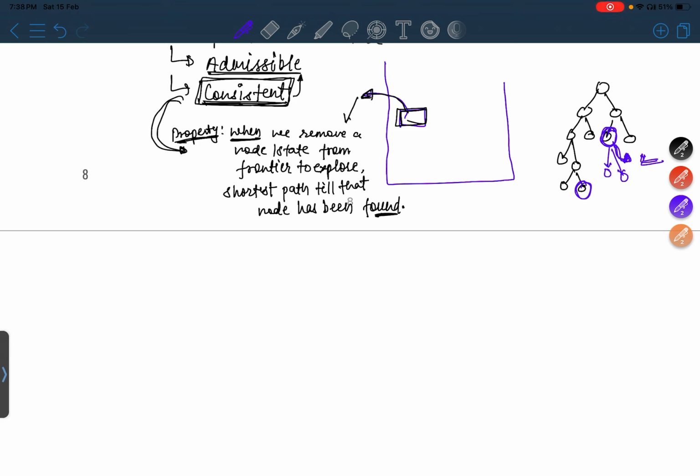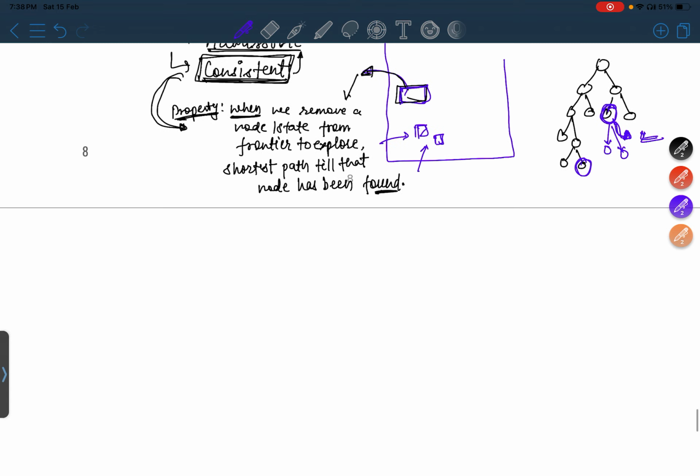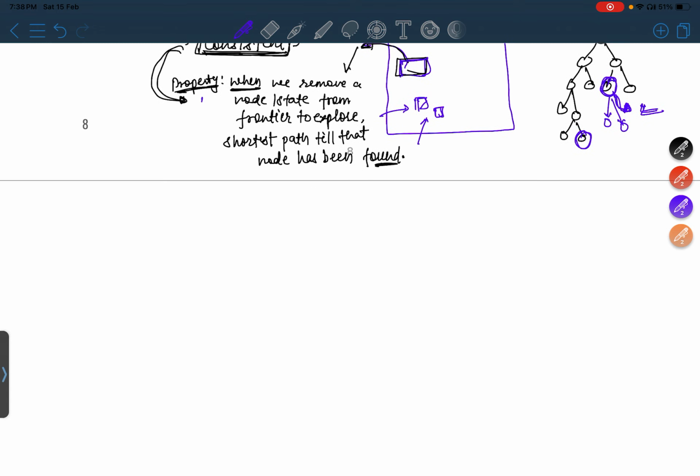तो जब भी कोई नोड निकलता है और उसके सक्सेसर्स ऐड होते हैं, उनकी वैल्यूज that will should always be greater than this one। तो जब भी कोई नोड निकलता है, देयर आर टू थिंग्स। वन, उस तक का हमें शॉर्टेस्ट पाथ मिल चुका है। सेकंड, so this is the property 1, and property 2 is कि